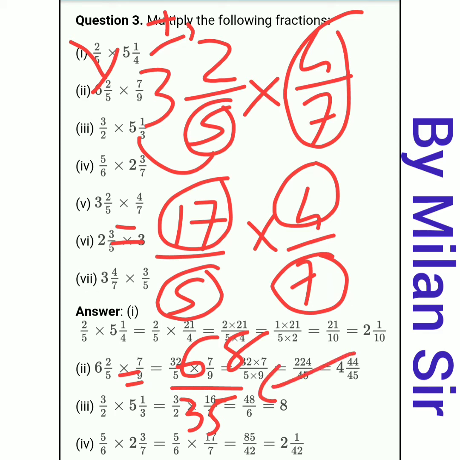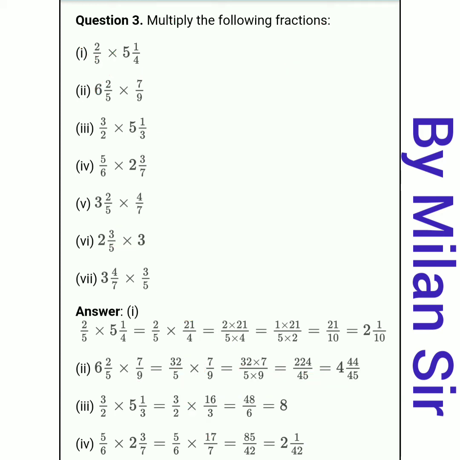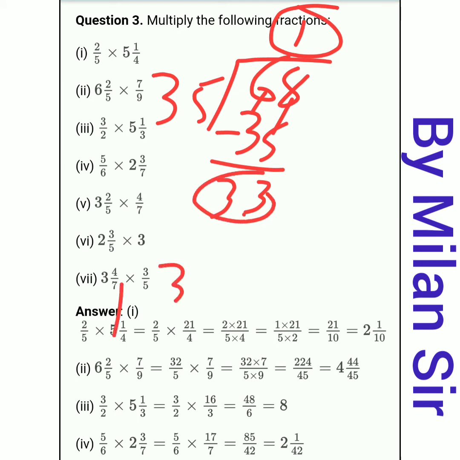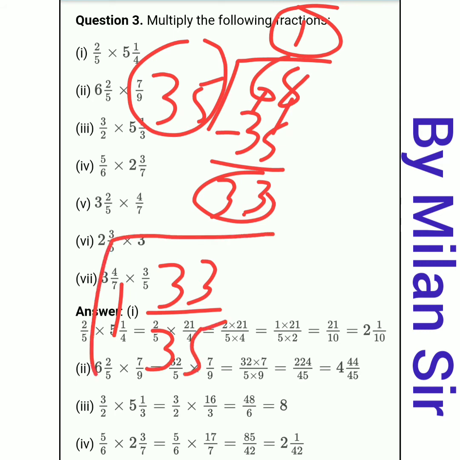This is an improper fraction. So we can convert it into the mixed fraction. So 68 divided by 35. Here 35 ones are 35. 8 minus 5 is 3, 6 minus 3 is 3. Remainder is 33. So our final answer is 1 integer, remainder 33 divided by 35. So 1 integer 33 divided by 35 is our final answer.